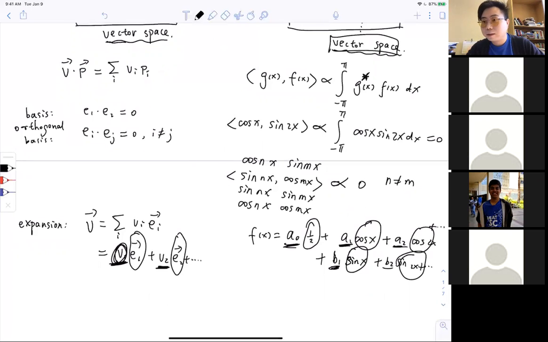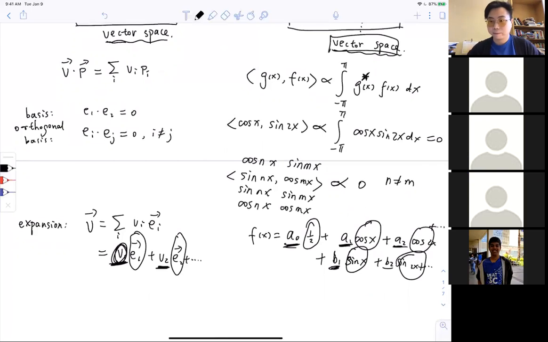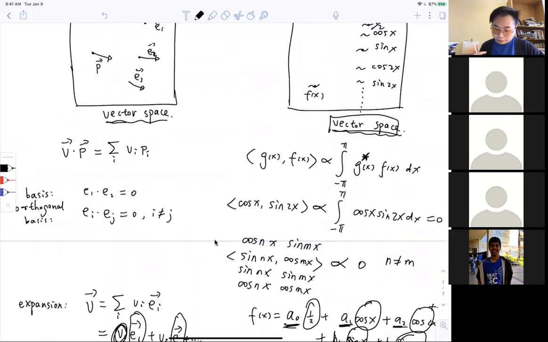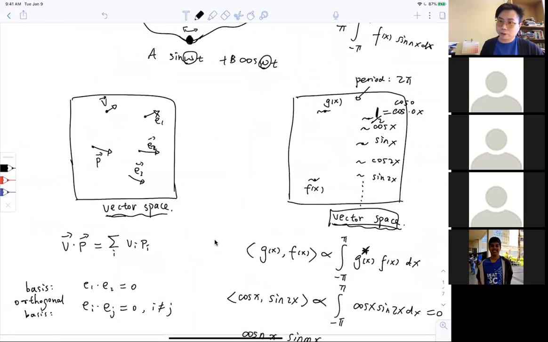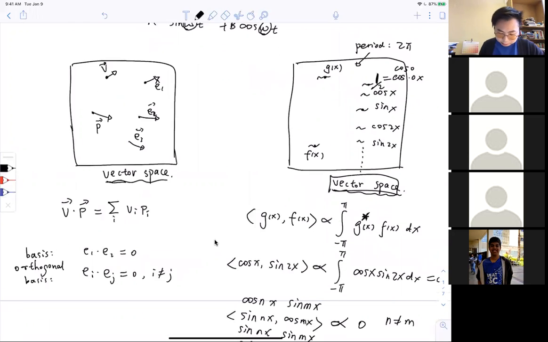Any questions so far? So the major difference here is that normally when you're in the vector space, you could have 3 orthogonal unit vectors like E1, E2, E3, and it's finite. But in this, you have an infinite amount of cosines and sines with varying periods. Exactly. You're right. So basically, what I'm saying here is the mathematical structure is actually the same, and the